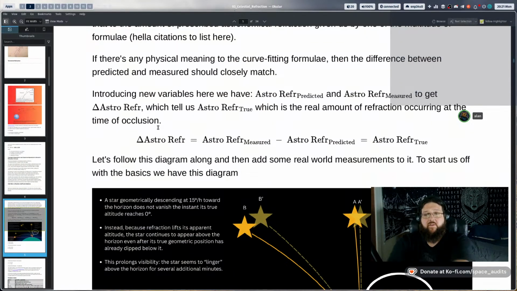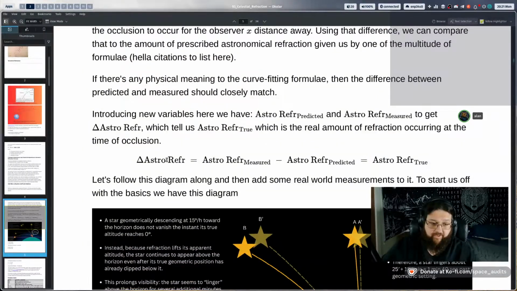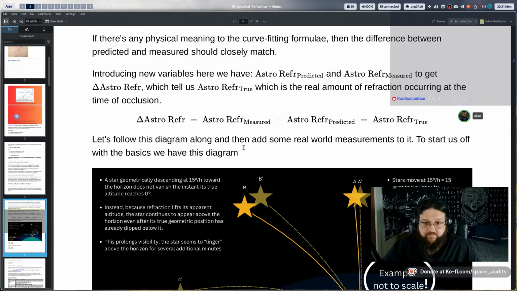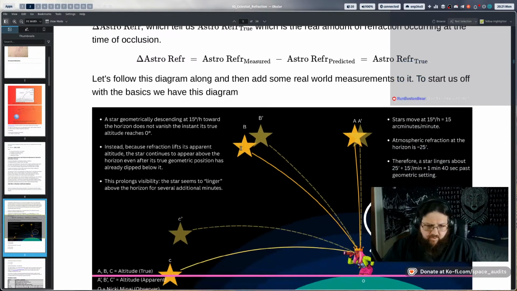Okay, so as we get into the analysis, what we discovered with the occlusion timings and analyzing the difference in position with respect to the true position of the star and the peak, which causes the actual occlusion, versus looking at it from the observer position, and how much refraction is prescribed by the formulae provided by G.G. Bennett. And we could see how much refraction there actually was, and we can take that amount of refraction and turn it into a distance. So instead of thinking of it in terms of an angle, we can think of it as lift and drop in terms of meters, which is really easy to contextualize what's happening.